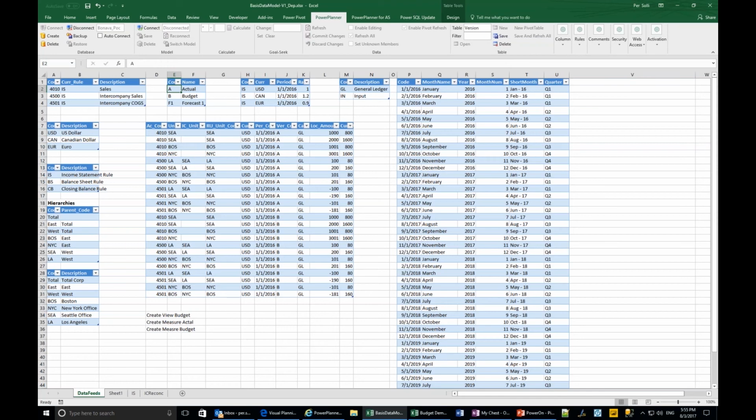Where can I find license or cost information? Or I guess there was a first part to this question. Will this budget planning for the future work on premise with Power BI server? And then the second part of the question was, where can I find license and cost information? Very good question. Yes, it works with the